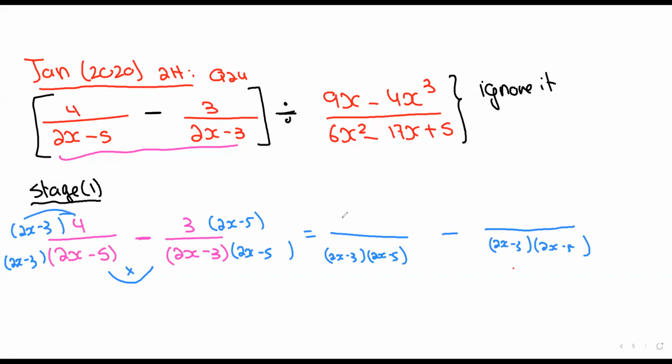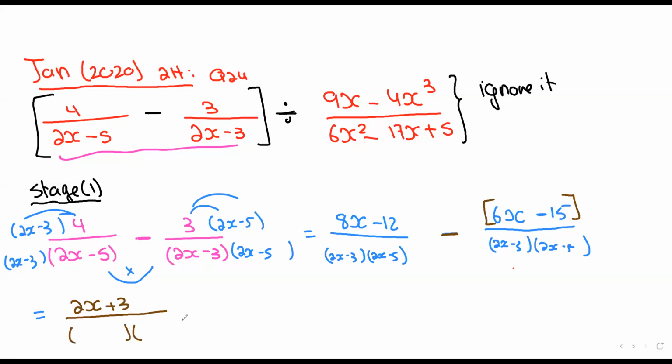Multiply out: 4 times 2x is 8x, 4 times negative 3 is negative 12. I did this one in the previous video, 16. And then here, multiply out 3 times 2x is 6x, and then 3 times negative 5 which is negative 15. And here we get to the final answer. If you remember, we discussed it several times: something minus something, I can combine immediately. 8x minus 6x is 2x, and then negative 12 minus negative 15 is positive 3